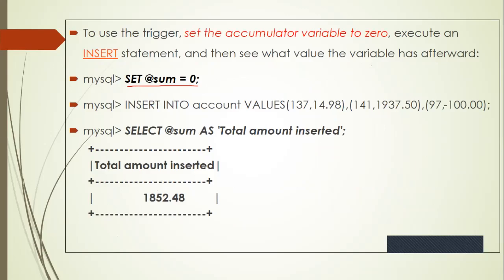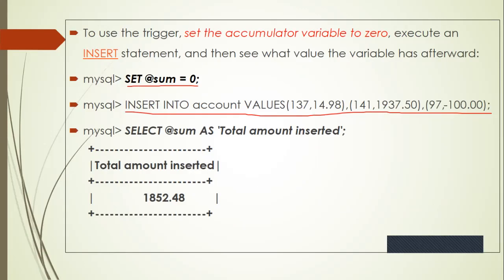Now I try to insert, I'm inserting here 3 rows. We can insert more than one row within a single line of insertion, that is, insert into account values. Give the values for the first row, give a comma, then the second row, give a comma, then the third row. You can insert like this n number of rows in a single line.